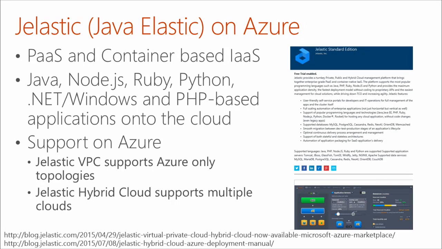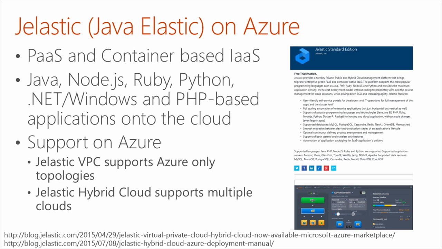I'll skip this slide. The next platform as a service offering that we worked with is called Jelastic. Jelastic is short form for Java Elastic. So as you can imagine, it's the platform as a service layer that emphasizes importance of Java apps to be run in a platform as a service layer fashion. The screenshot that you see is from an Azure Marketplace. This is available in Azure Marketplace. If you go search for Jelastic, you will see it.